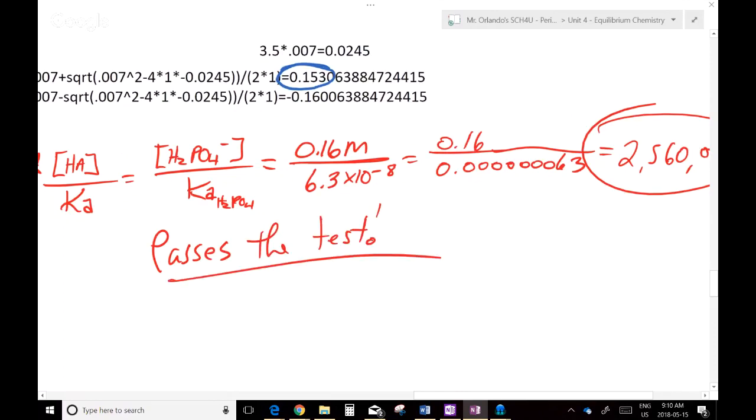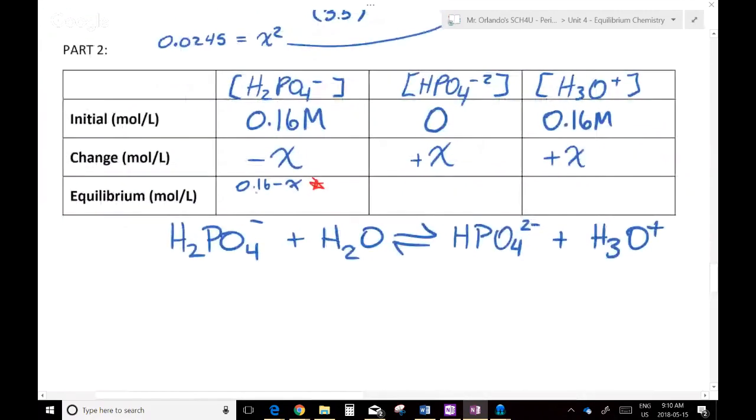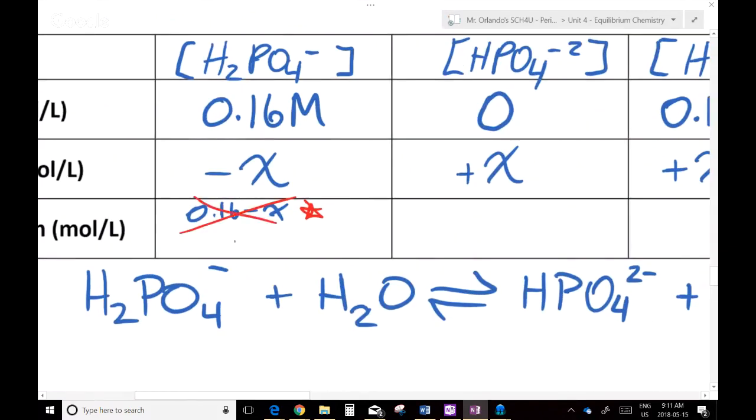Hey, you passed the test. What that means is that even though this should be 1.16 minus x, we can just say the final concentration of this stuff will be... Yeah, we can say it's safe to assume that it is not going to change much, because it passed